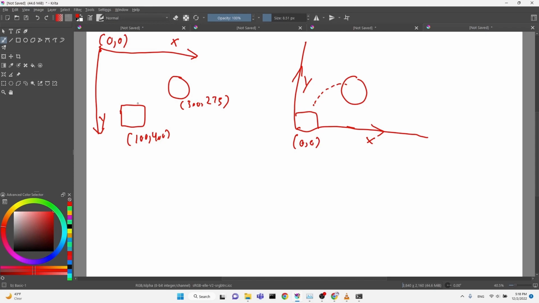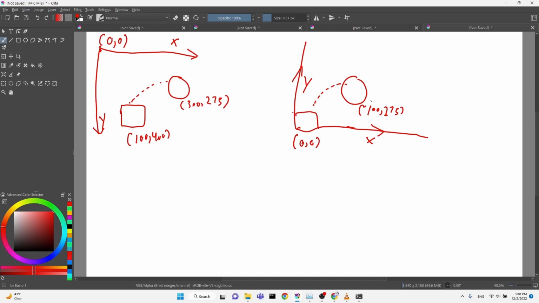So we have this, and we have this. If you notice here, maybe over here, it could be like 100, 175, okay? That is a really bad one, but anyway. You'll see